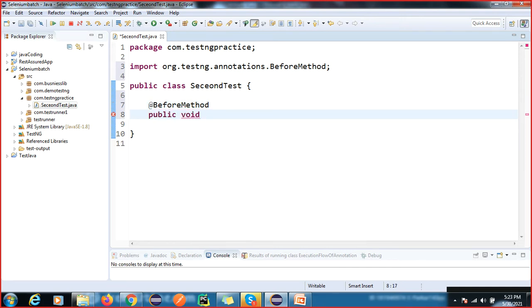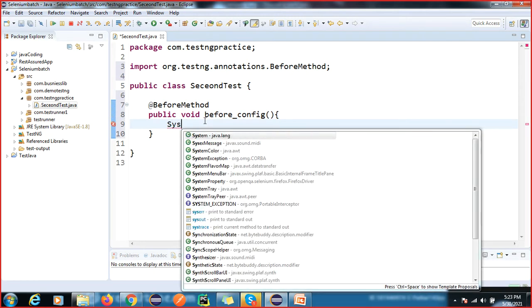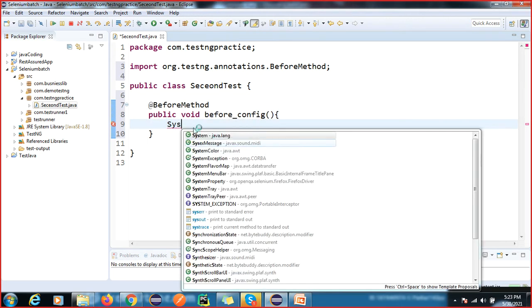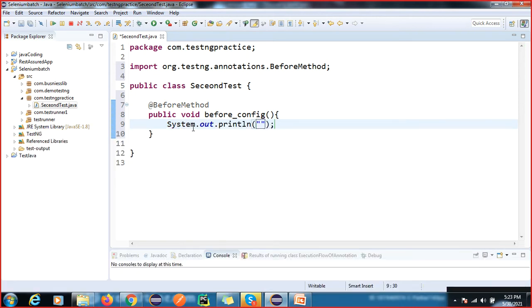Public void beforeConfig. Then I'm giving a statement here: System.out.println, and this is your before configuration.